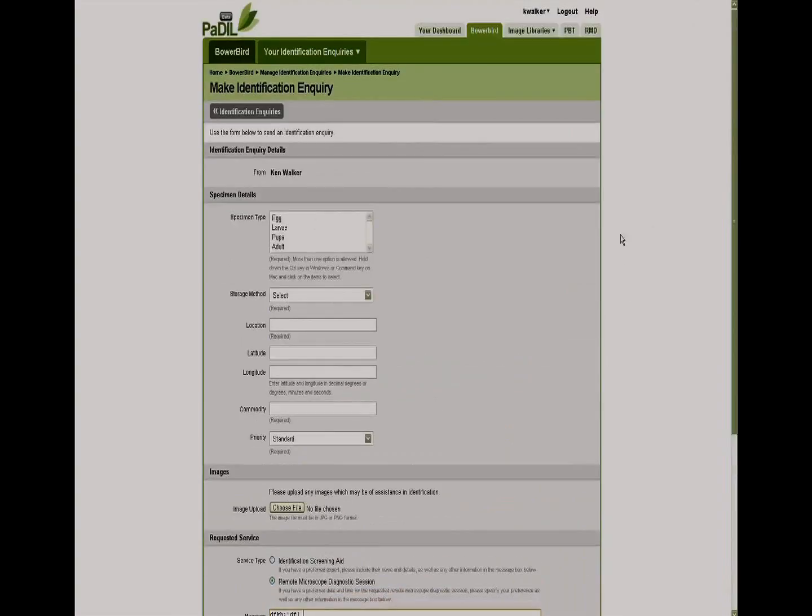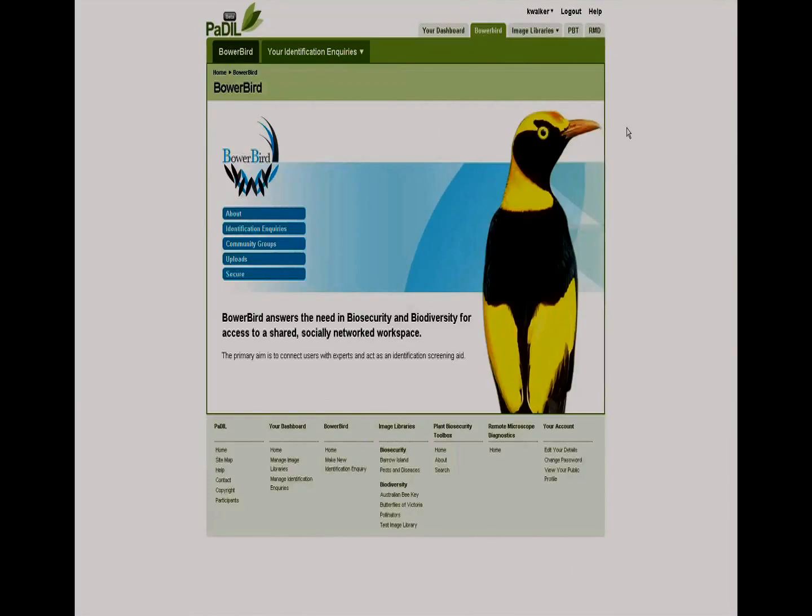But as I said, it's the beginning of our sandpit, and where we can have a shared user space, whether it's biosecurity or whether it's biodiversity. So, as I said, that's the remote diagnostics, and that's the beginning of our